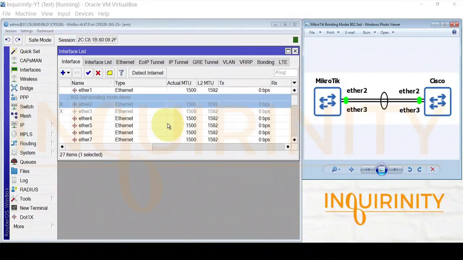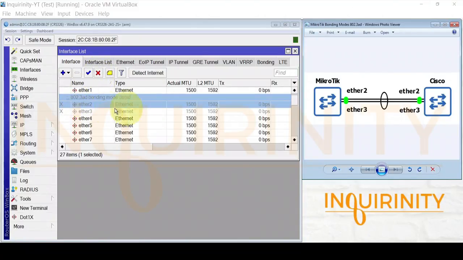So this is our MikroTik CRS326-24G-2S+, and as you can see, I have opened the interface list, and you see Ether 2 and Ether 3 with the comment 802.3AD bonding mode demonstration, and currently I disabled them purposely. So I click on Ether 2 and click this X sign or disable sign.